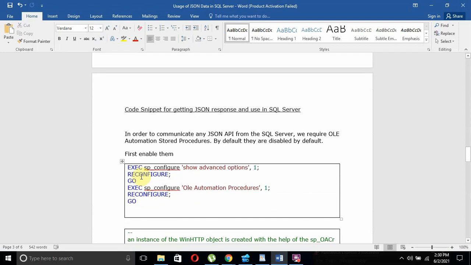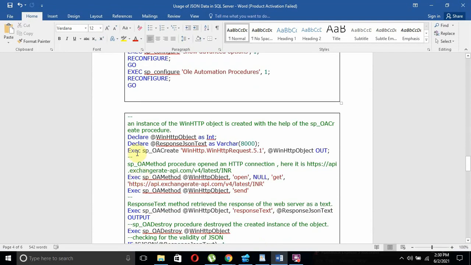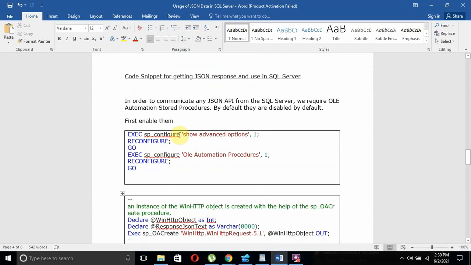Okay, now in order to communicate with the WinHTTP object and call it, we have to enable some things. In order to communicate with any JSON API from SQL Server, we require the OLE automation stored procedures.